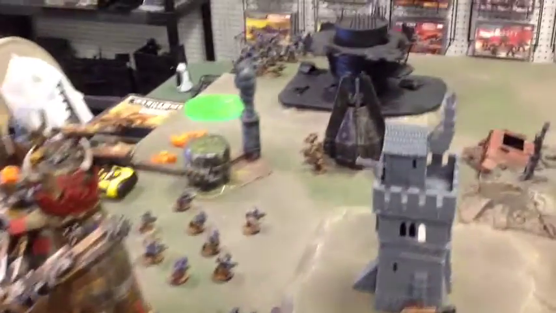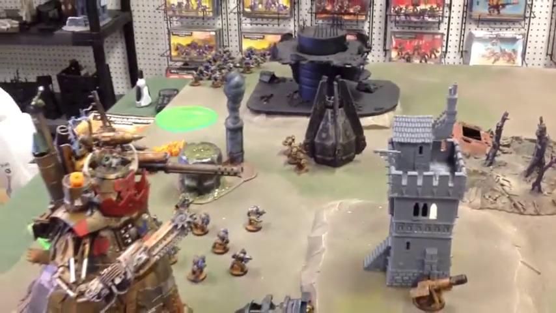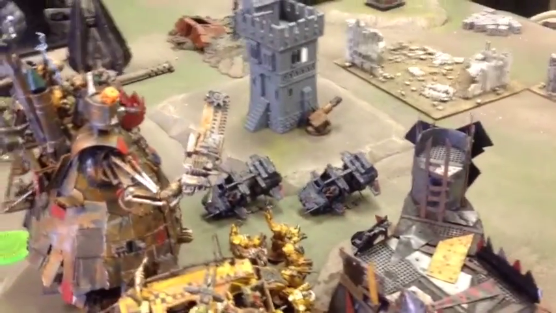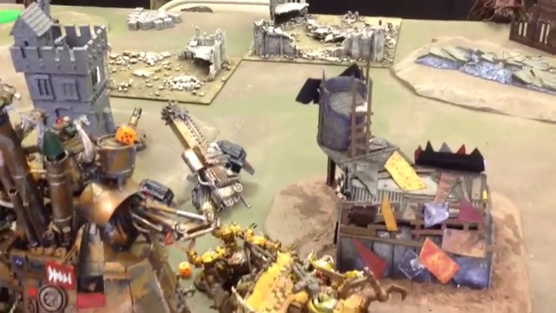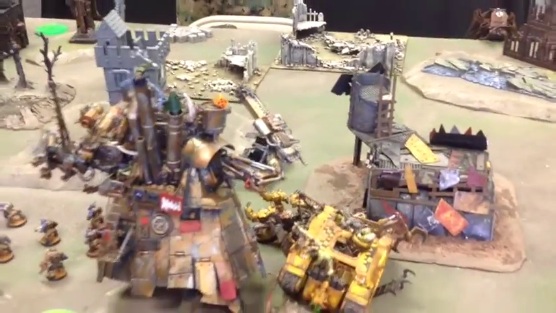I shot some missiles over here, thinning them out, taking the drop pod down to 2 hull points. A lot of big shoota fire went into the scouts that spilled out of the skimmers after I killed them. And then the other big shooters killed the last skimmer. And then basically my Mega Nobz just jumped out and assaulted and killed them all on the multi-assault and consolidated